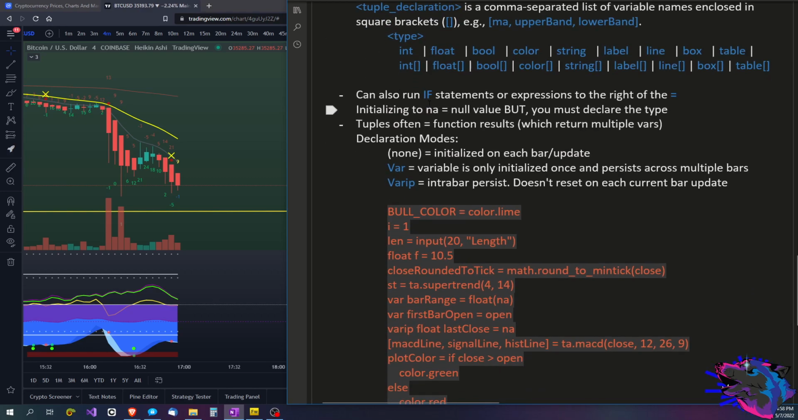All right, you can also run if statements or expressions to the right of the equal sign, initializing to NA, which is not available or null. But you must declare the variable type if you're going to initialize it to NA. Because if you say x equals NA, it doesn't have the slightest clue what type of variable you are trying to create. For all it knows, it could be a number, it could be a float, it could be a color, it could be,